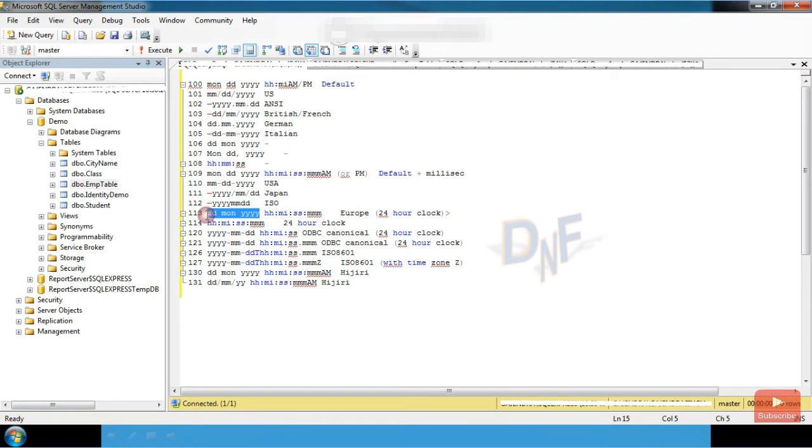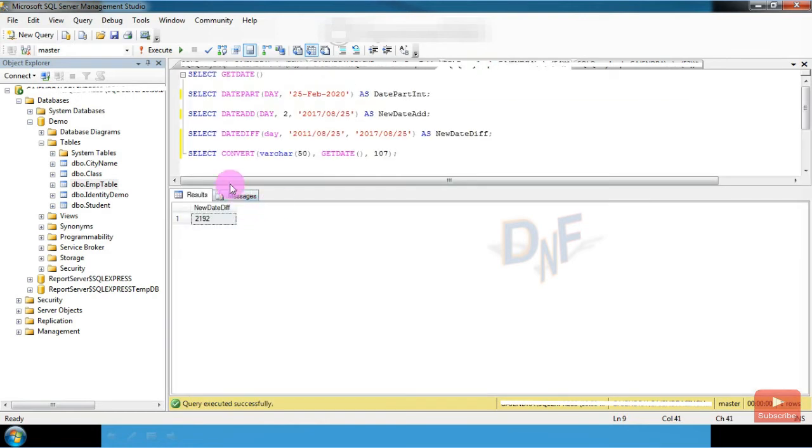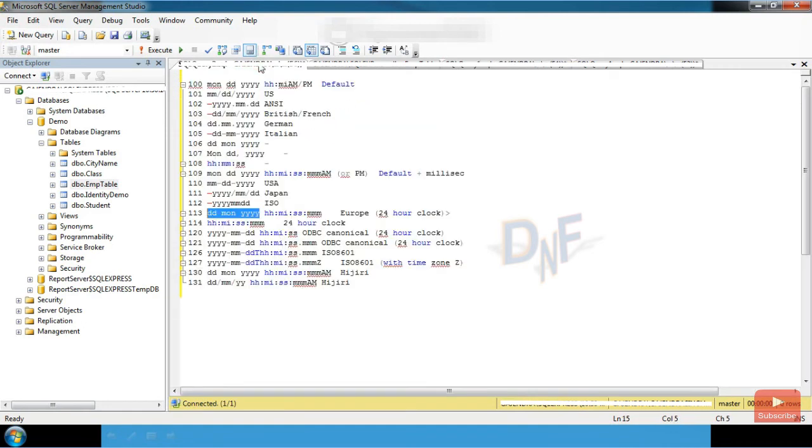For example, I want to display my date in the format date, month and year. So I put CONVERT here with the date. You can use a column name, whichever date column you want to display.